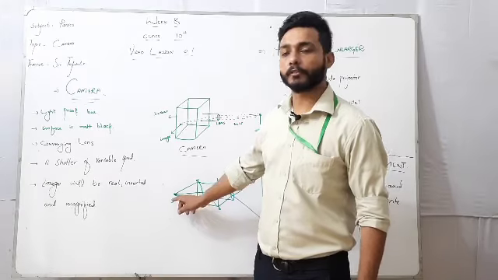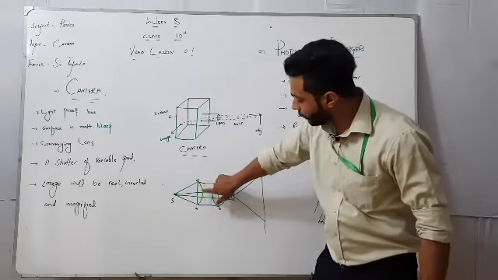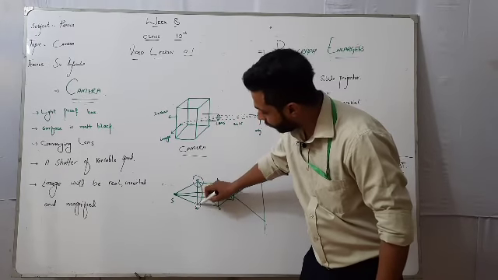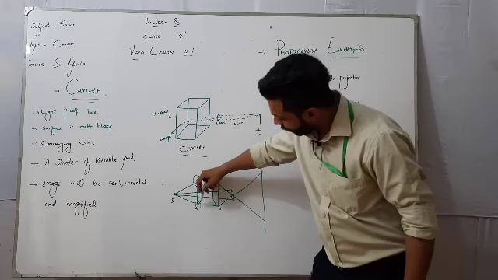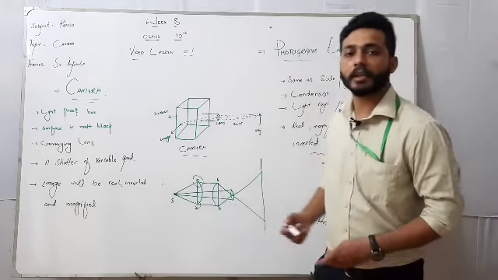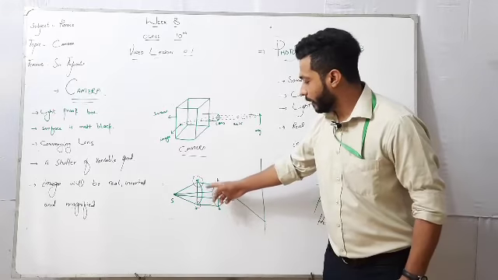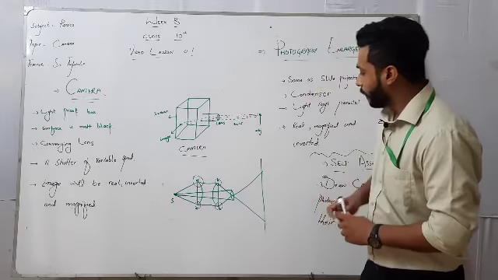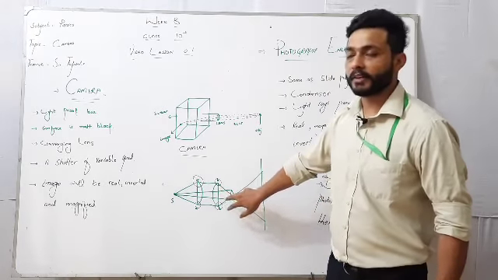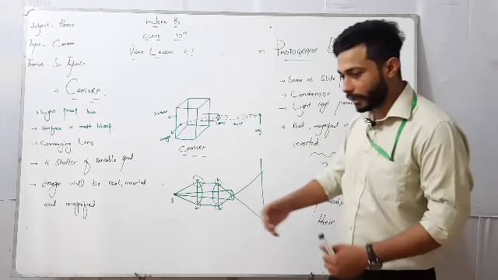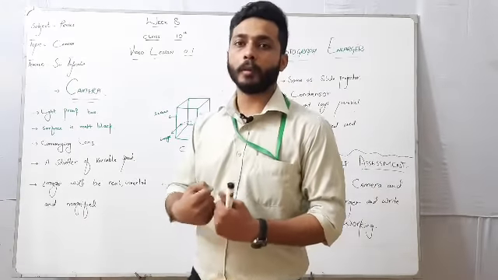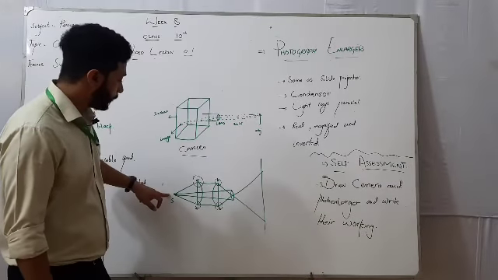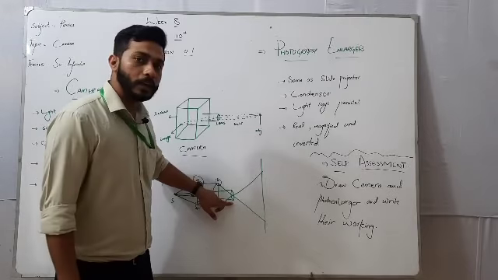The light rays will pass through the source, and whenever they come to the first converging lens, they will become parallel to each other. Look here, they both will be parallel to each other, A and B. After that, they will approach the second lens. After that, the light rays will converge to form an image and pass through a lens. This is a lens through which the light will pass.